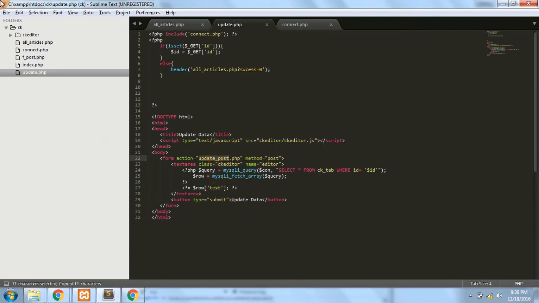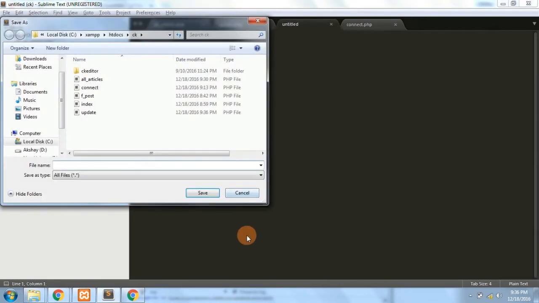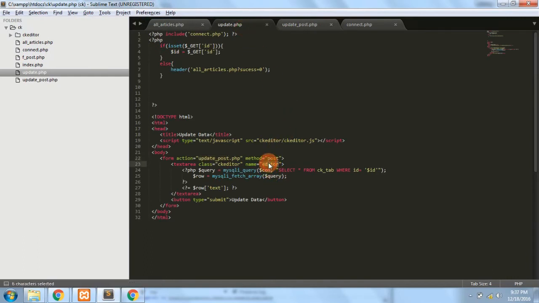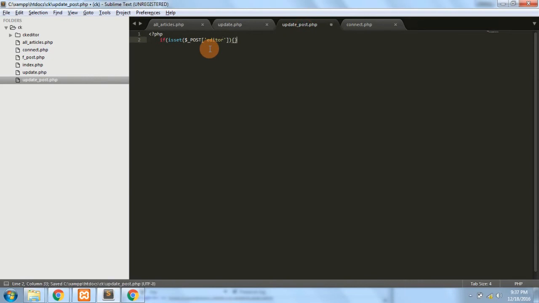So what I'll do is I'll create a file named update post.php, and here what I'll do is I'll first check if anything is posted or not. So here I would check if the name of CKEditor is coming or not. Else what I'll do is I'll not perform any action. So here I have the data, so I'll just store it in a variable editor text, and store it in a variable editor,